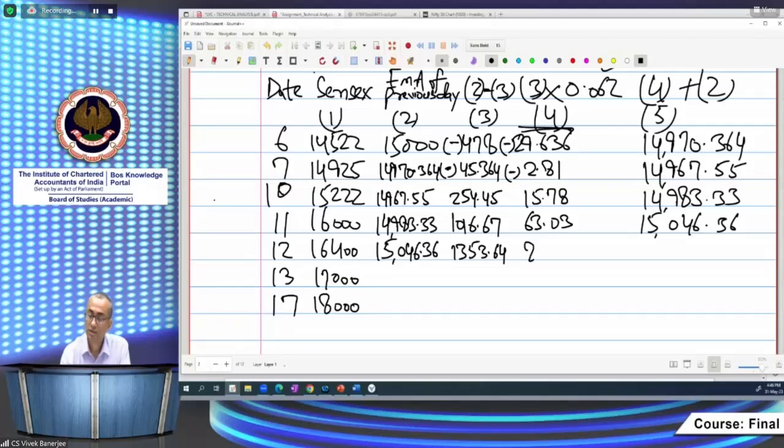तो ये आया 83.93। Then we have to add it with the previous day EMA, that is 15,046.36। तो ये आया हमारा 15,130.29। यह है 12th का एक्सपोनेंशियल मूविंग एवरेज। तो ये 13 का प्रीवियस डे ईएमए हो जाएगा।